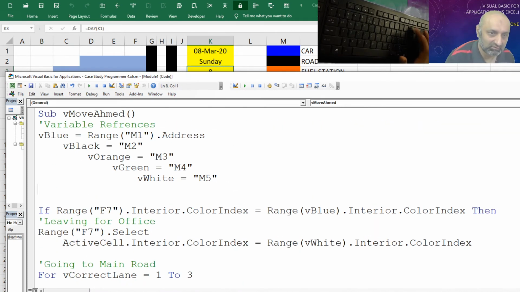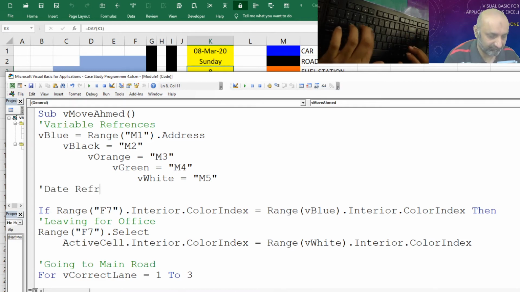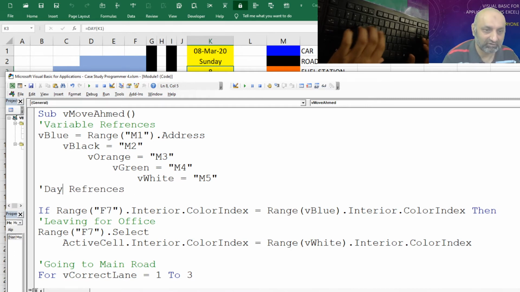Date references, rather day references. Which day is this?